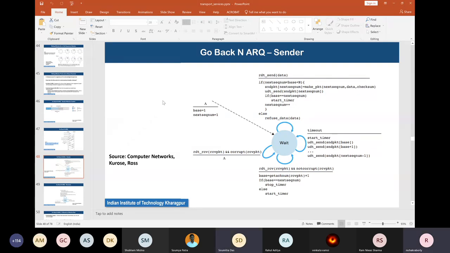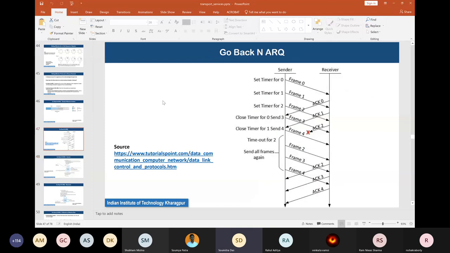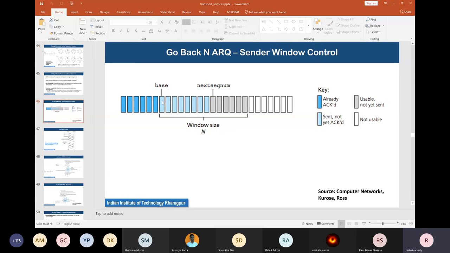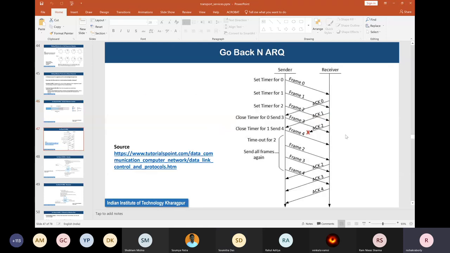Sir, in the Go-Back-N process, suppose the acknowledgement of 2 is timed out, but it could be possible that the acknowledgement of 3 and 4 would come in time. Then also it is sending the packets of 3 and 4 again. Yeah, the problem is, even if the acknowledgement for 3 and 4 comes in, it will not